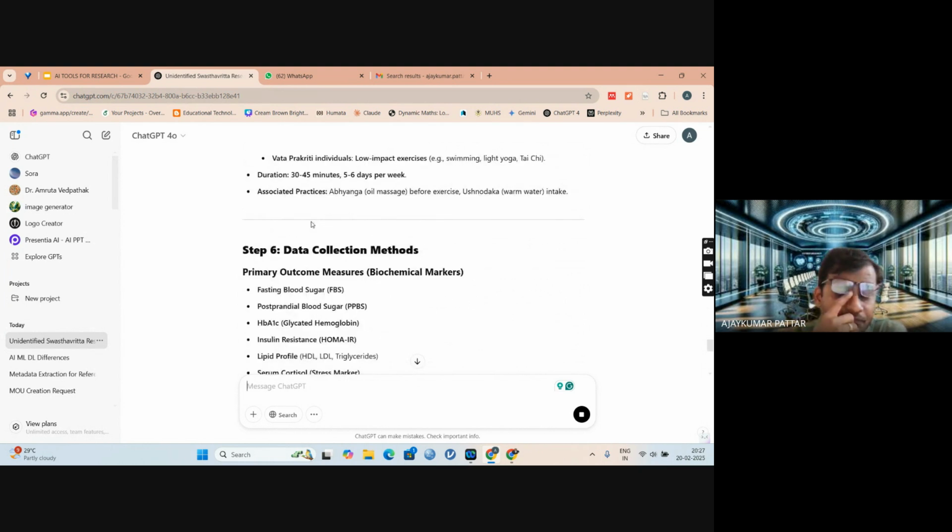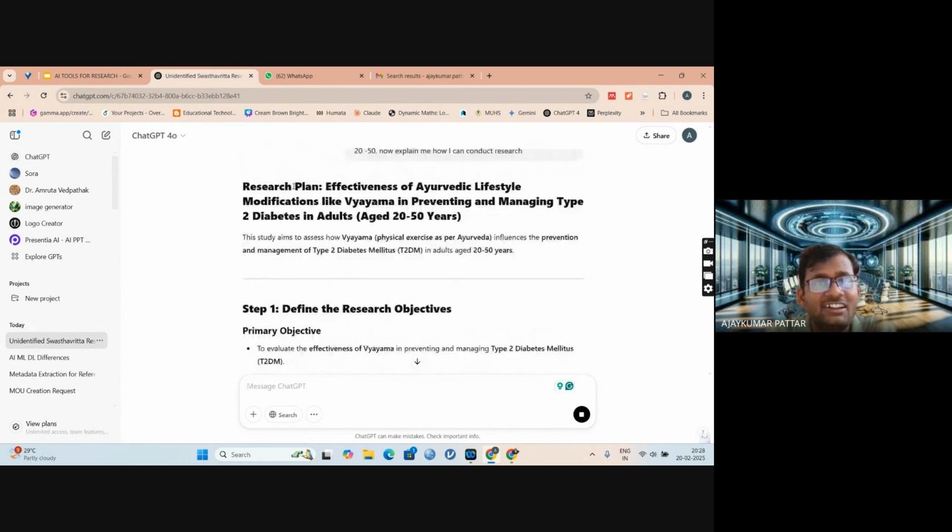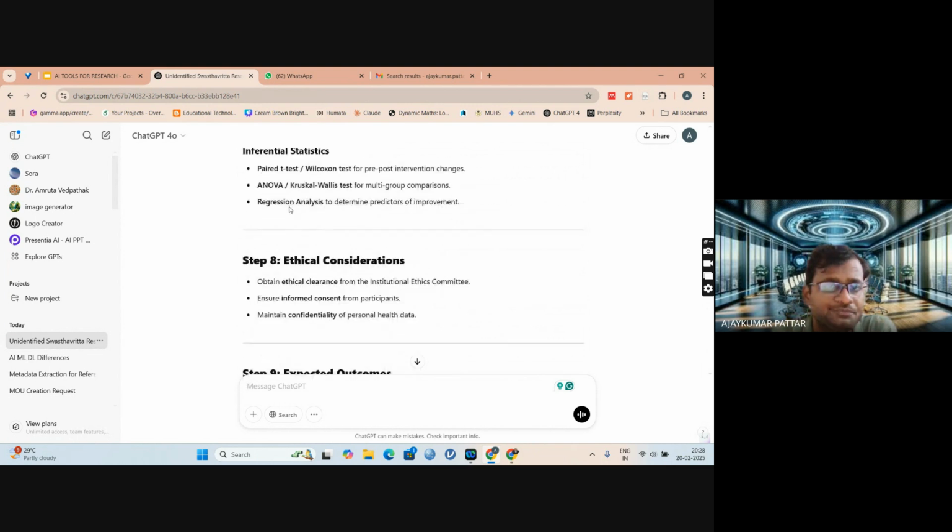This is one usage of identifying the research problem in a specific field or domain. I have shown this with Swasthavritta; you can go with your subject, Agada Tantra, Kriya Sharira, whatever. Let us start with one question at a time. Just ask one question, then move from generic to specific in that particular prompt only. If you give all the questions at a time, ChatGPT may not give a proper outcome. This is the first use: how to use ChatGPT to identify a research problem.